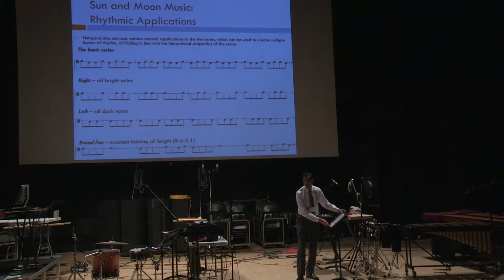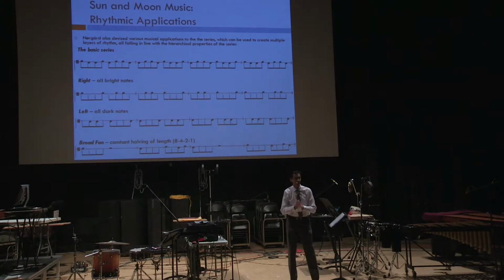So what we're going to do is play first just the basic series, the top line. We'll play the bright note, which is above the line, by clapping, and we'll stamp our foot for the dark note. Okay? So 1 and 2 and 3 and 4 and...